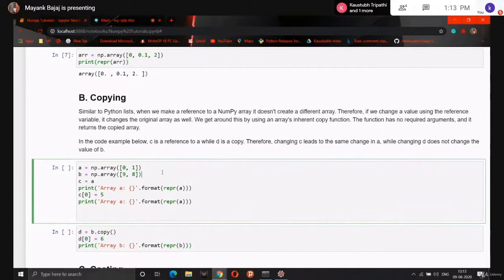So guys, we had created two arrays A and B. Now guys, here we are doing C equal to A. So guys, this is not copying. Take care guys, this is called referencing. Referencing of arrays. What referencing means, guys, is that it will not make a separate copy. In place of that, it will point to the same array. When we do C equal to A, C will point to the same array that A is pointing to.